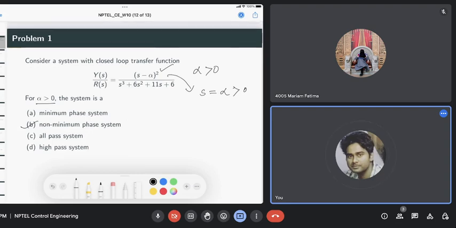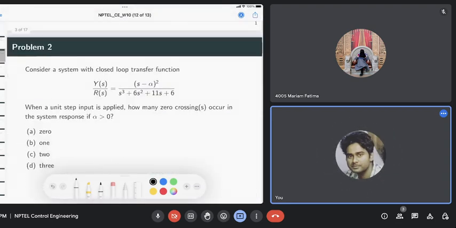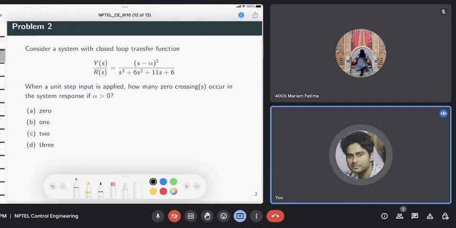Okay, so based on that, now we have this same transfer function and alpha is positive, then how many zero crossings will occur? Another interesting phenomenon that was observed for right half plane zeros was the zero crossing, right? Even for this second order system or higher order systems, the step response will exhibit such zero crossing, and we know that the number of zero crossings will be equal to the number of right half plane zeros,